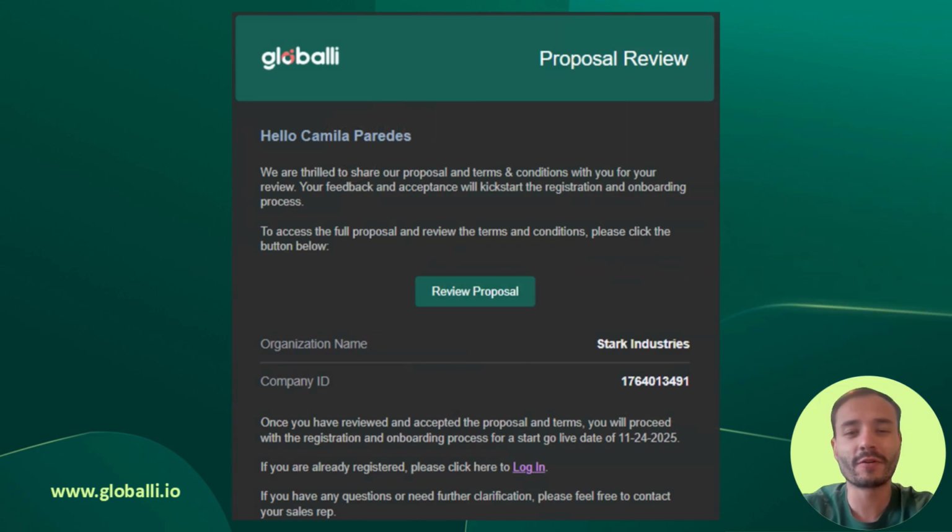Before we jump into the platform, let's start from the very beginning, the invitation email the employee receives. Here we can see an invitation to join the company through Globalli, which includes a personalized message, the company ID, and a secure registration link. Once the employee clicks the link, they are redirected to the Globalli registration page, where they can create their account by entering their email and setting up a password. As soon as the registration is complete, the onboarding flow begins automatically, guiding the employee step by step through the